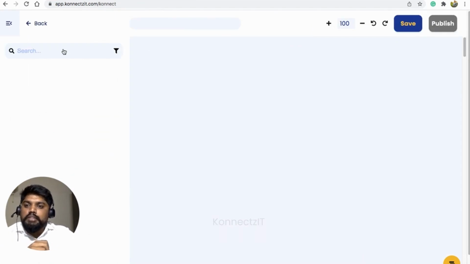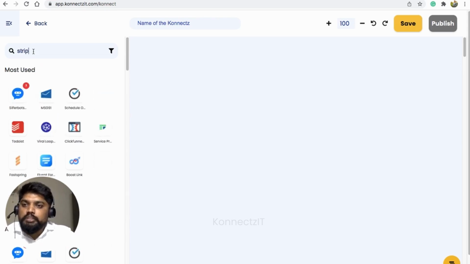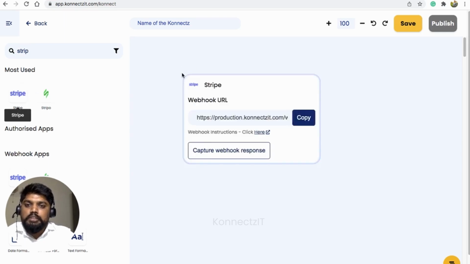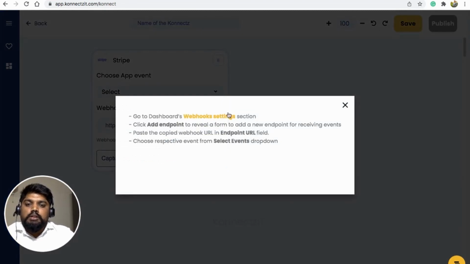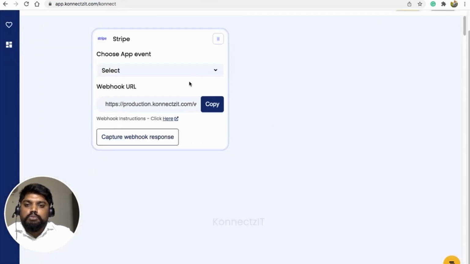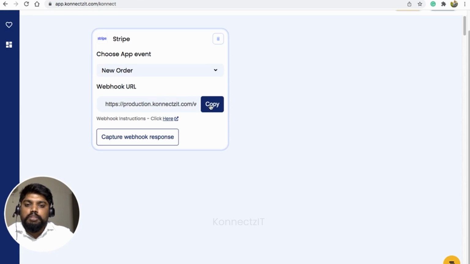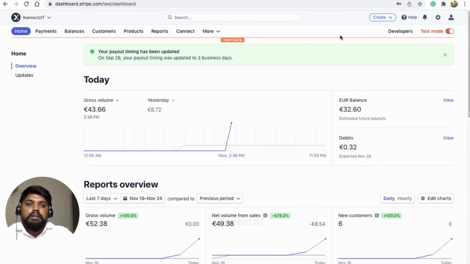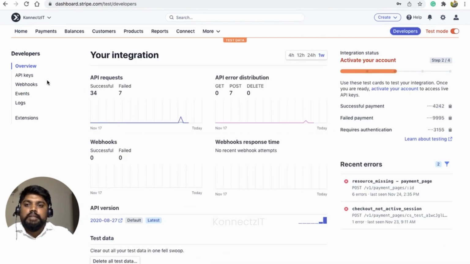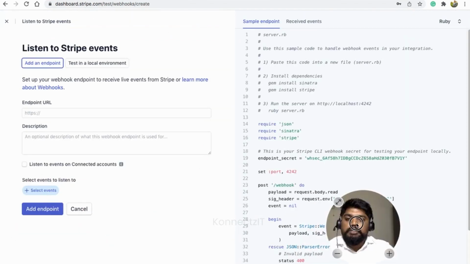Now I will start with my trigger, that is Stripe. I'm going to do a manual placement of the webhook and capture the response, based on the instructions provided here. I'll choose the event first as new order, copy the webhook URL and go to Stripe, click on developers and go to webhooks, and you can click on add endpoint.